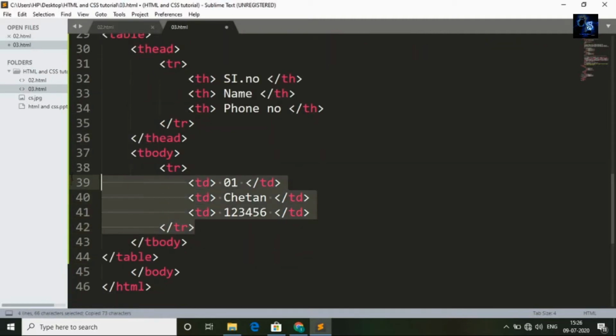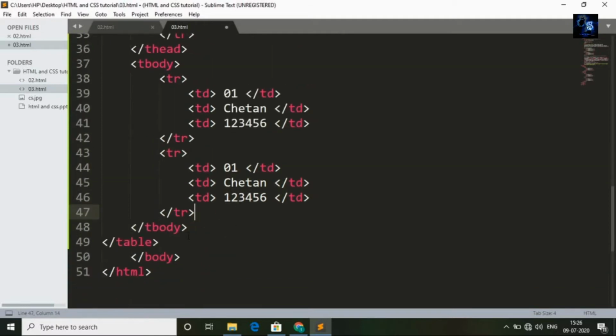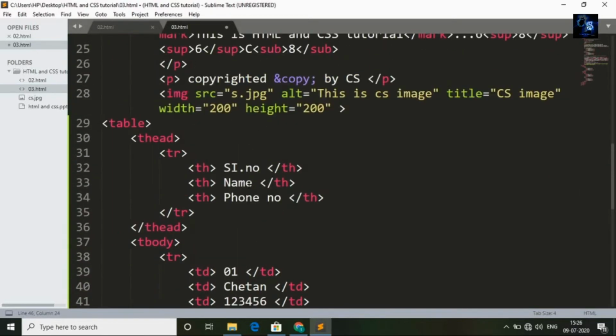Now I will copy this because I don't want to waste time typing it again, and I will paste it here. I will change serial number to 2, name to Kiran and phone number to 98765. This is how you can create a table in HTML.